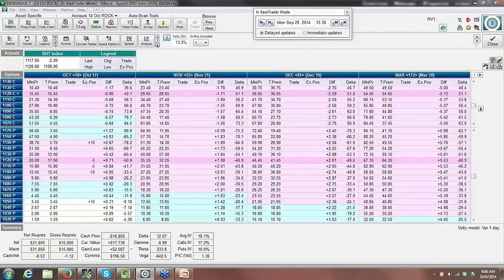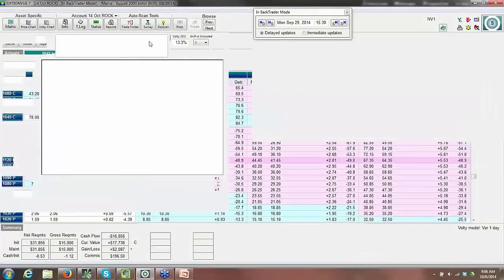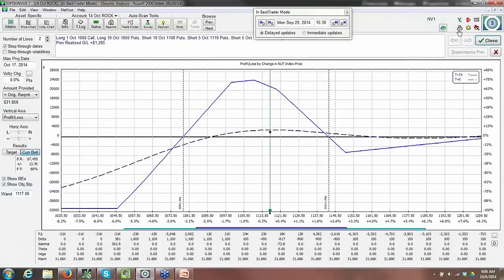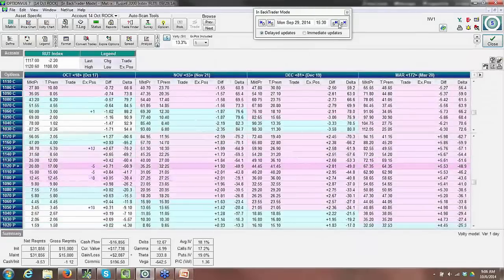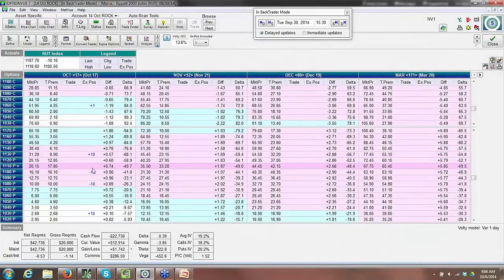All right, so as far as the ROCK trade, there were no adjustments on Monday. This was the position we were sitting in here. If we go to Tuesday, we had a significant pull down on Tuesday. And this was rolled back